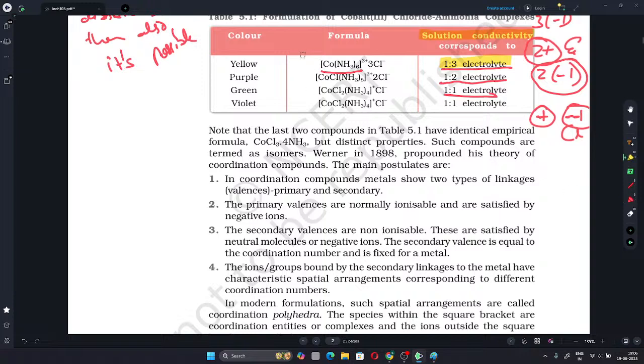Color of the first solution, where CoCl3·6NH3 is yellow, 5 is purple, 4 is green or violet. Note that the last two compounds in the table have identical empirical formula, CoCl3·4NH3, but distinct properties. Such compounds are termed isomers. Werner in 1898 propounded his theory of coordination compounds. The main postulates are: